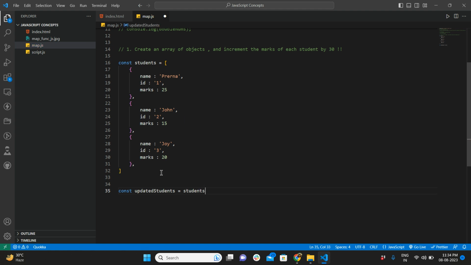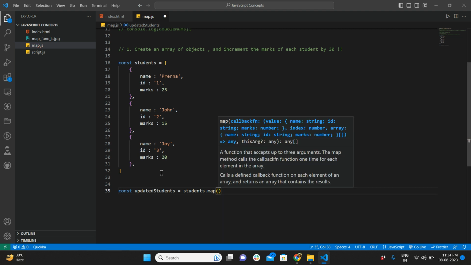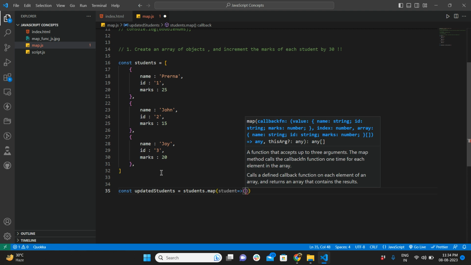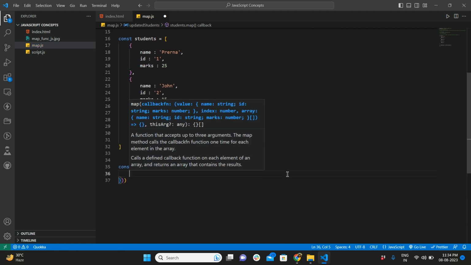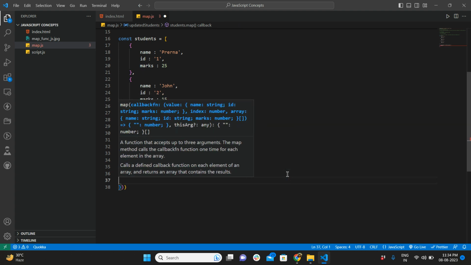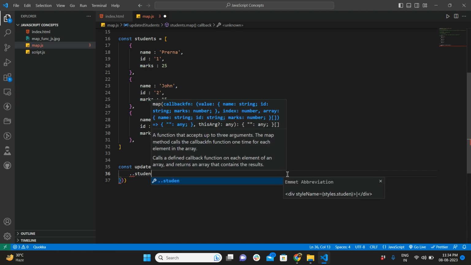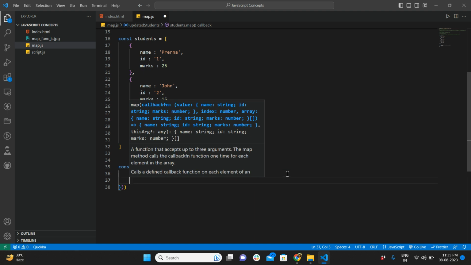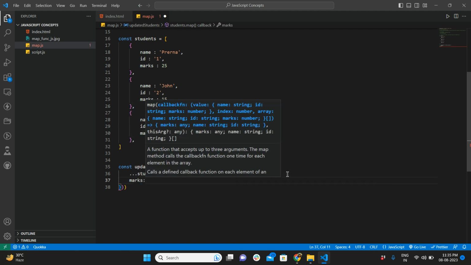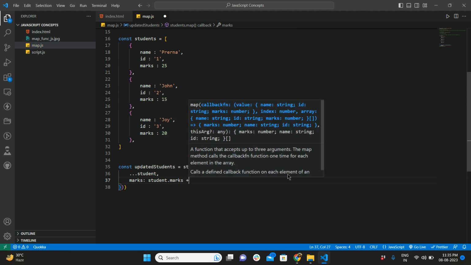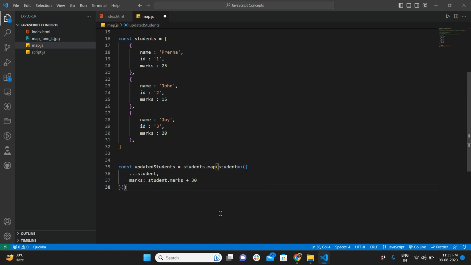So I'll iterate over the students. Let me map, and I want for each student, so what I'm doing is a callback function, you can see I made a callback function. I want to return everything, because the other details I don't want to change. Return every student's details, and for marks, do what? For student dot marks, whatever the marks were earlier, plus 30. Okay, and now if I console log this thing,